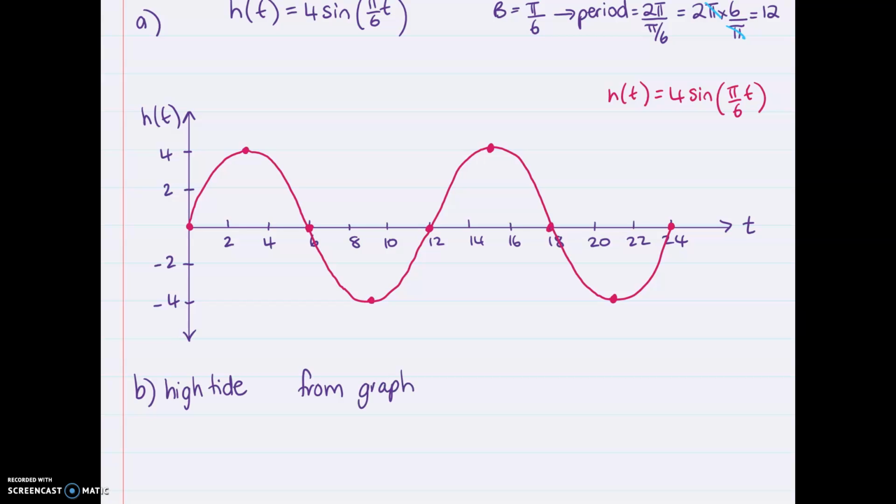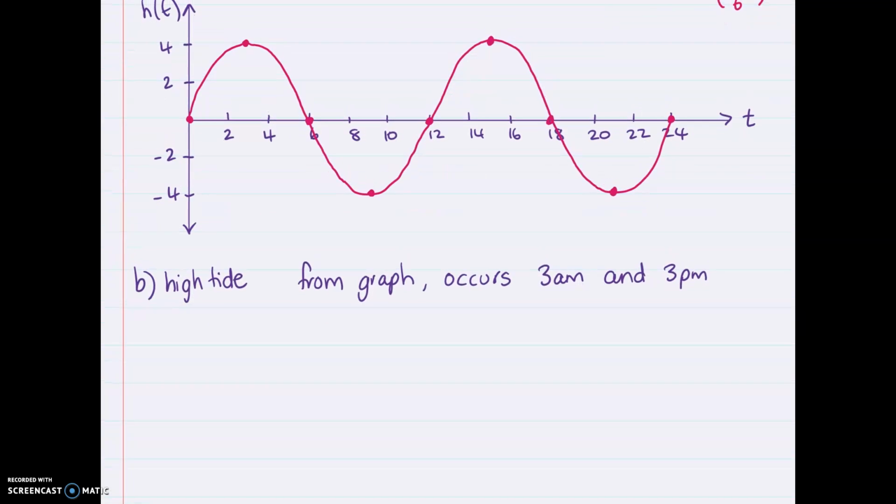if you don't have to do it algebraically, it occurs 3 hours after 12 a.m., which is 3 a.m., and 15 hours is going to make it 1500, which is 3 p.m. However, you probably would need to know how to solve this algebraically. So this is putting together everything that we've done in this topic. So our high tide, algebraically,